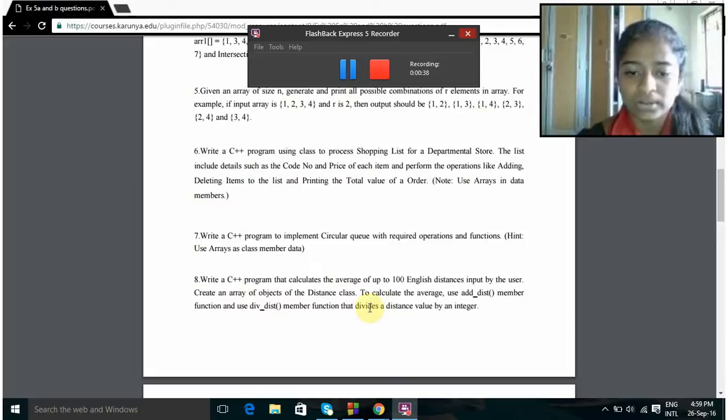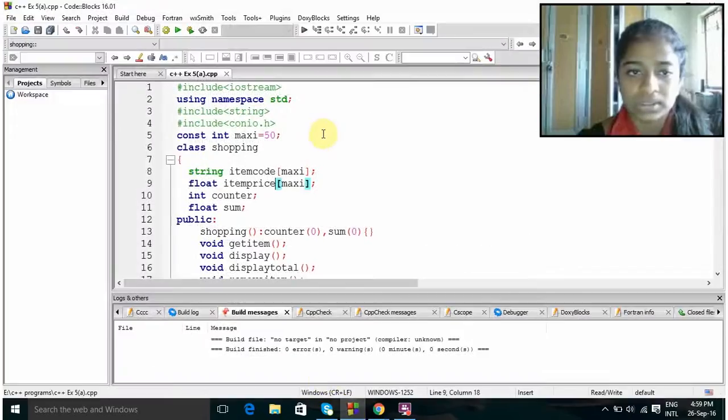So here we see the coding of the program. Here I include all the input output streams, and then I include all the standard library files. In this program we use strings, so we include string also. In this program we use the getch function, so #include conio.h. We define a maximum size of 50, and the data type is const, and then